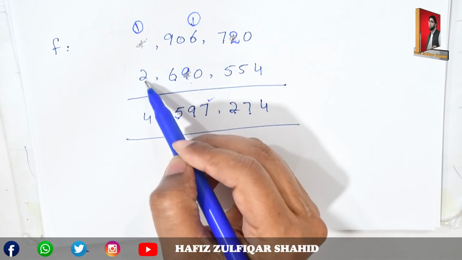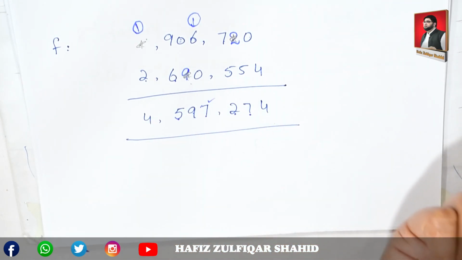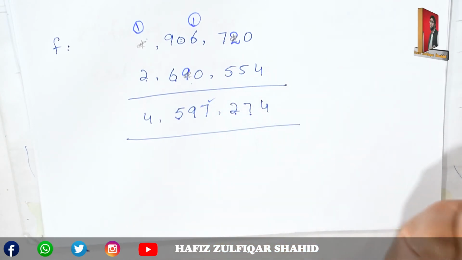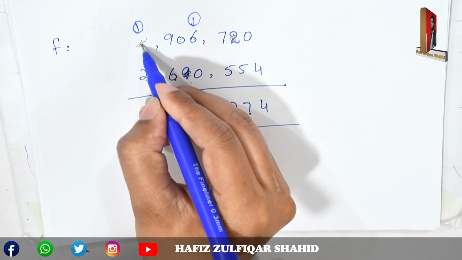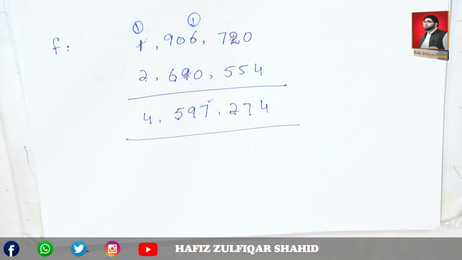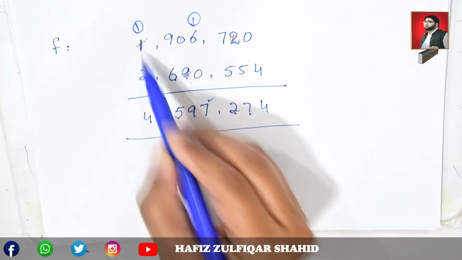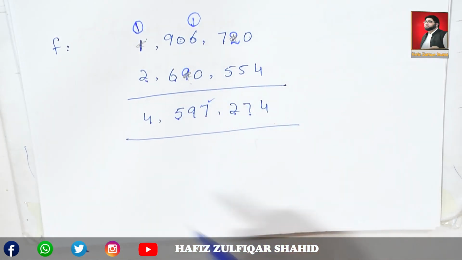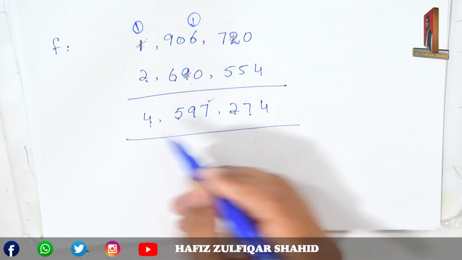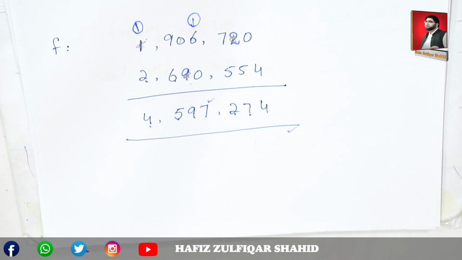Now you have 3 in your question and 4 in your answer. Minus 3 from 4, you will get 1. Write 1 at the place of star. Now add all 3 digits. You can check that your answer is right. See 1 and 2, 3 and add carried digit, you will be get 4. The answer is 4. With this process you can solve any type of question and you can find any missing number.